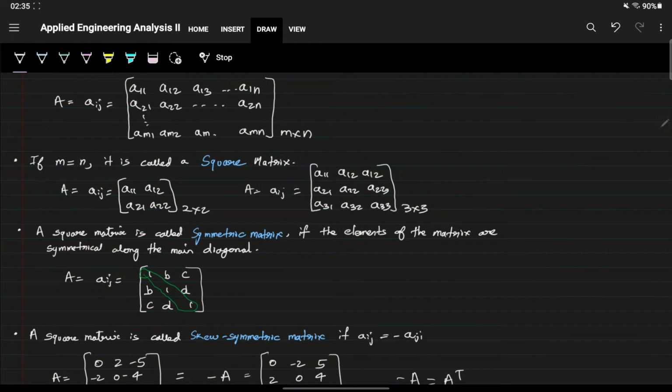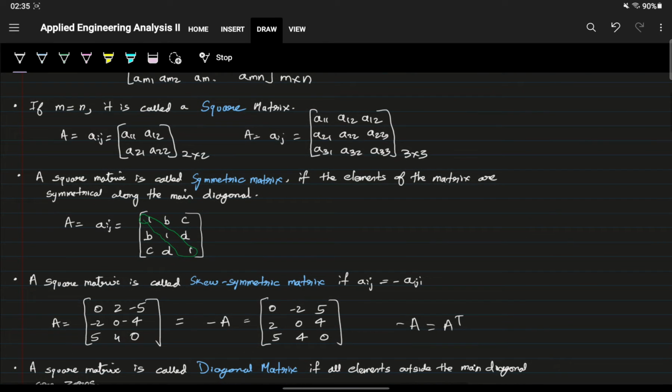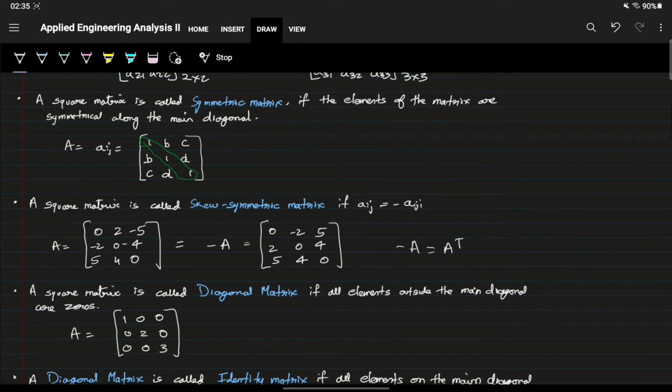And if the number of rows is equal to the number of columns, then it is called a square matrix. These are examples of a 2 cross 2 matrix and a 3 cross 3 matrix. A square matrix is called a symmetric matrix if the elements of the matrix are symmetrical along the main diagonal, following the green path. A square matrix is called a skew symmetric matrix if Aij is equal to negative of